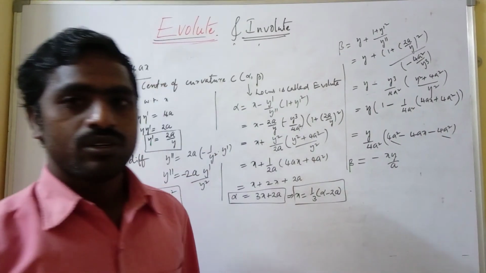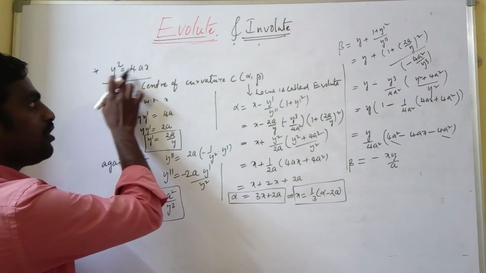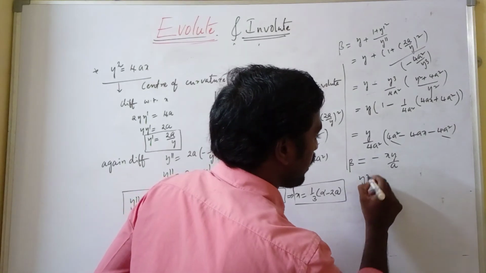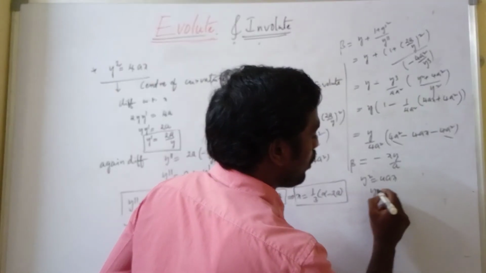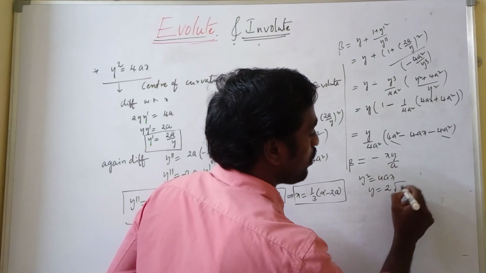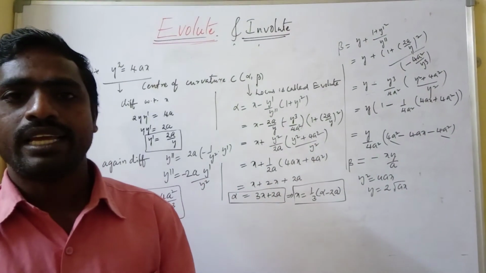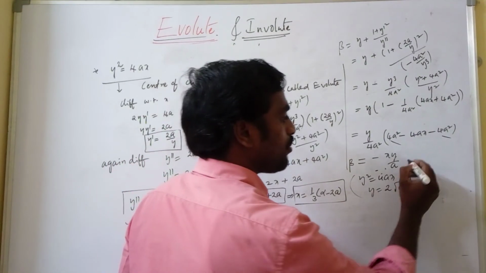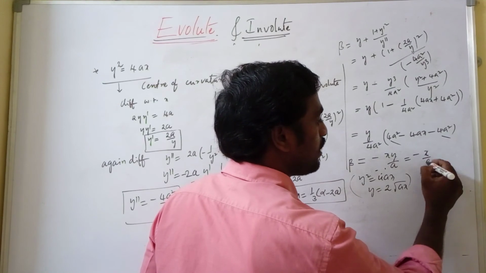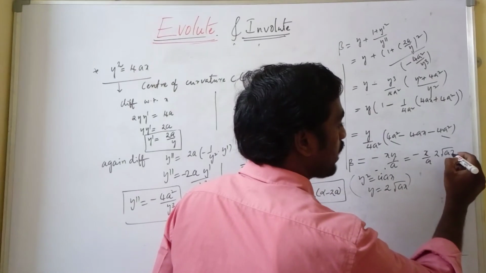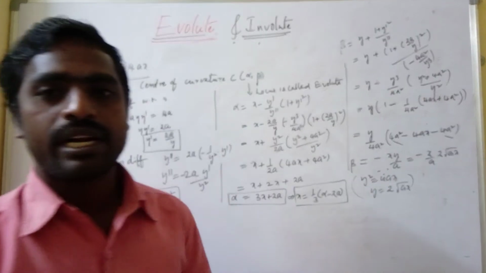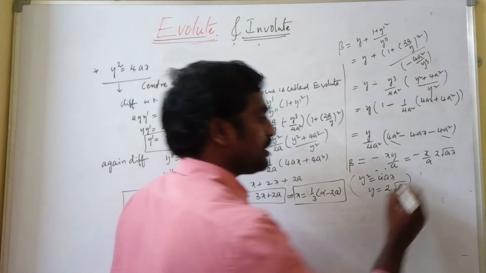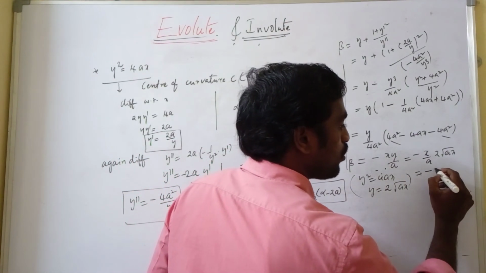See here, from the given equation y square equal to 4ax, is it right or wrong? I require only y equal to 2 into under root ax, since root 4 value is 2, you know that. So I want to substitute this in the given one. What you get is minus x by a into 2 under root ax. The numerator is root a, the denominator is a. So now we can write x by a whole root.